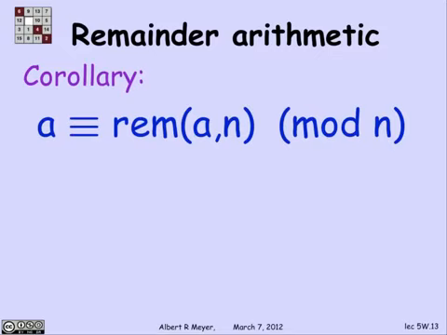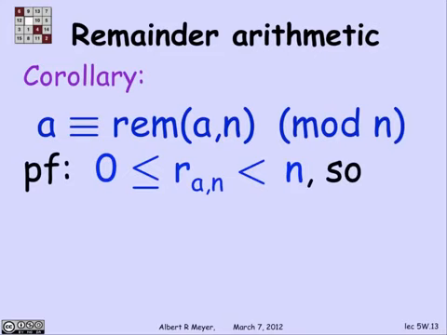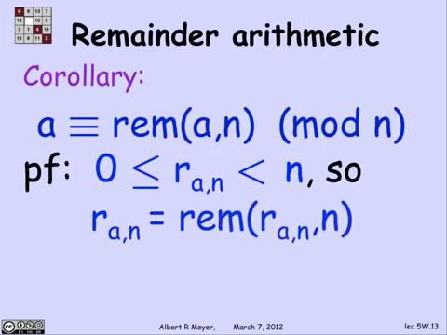Well, if I take remainders of both sides, the left-hand side becomes the remainder of A divided by n. The right-hand side is the remainder of the remainder. But the point is that the remainder is in the interval from 0 to n, and that means when you take its remainder mod n, it's itself. And therefore, the left-hand side is the remainder of A divided by n, and the right-hand side is also the remainder of A divided by n. And we have proved